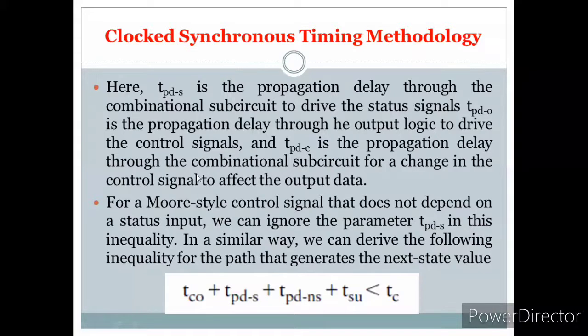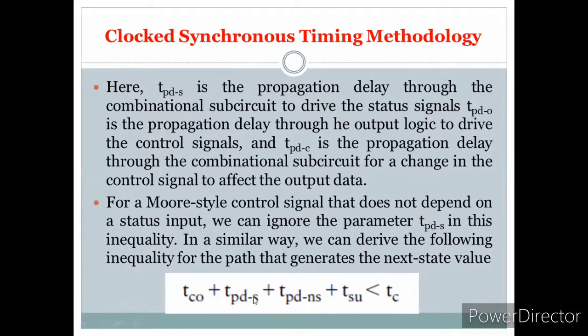For a Moore-style control signal that does not depend on the status input, we can ignore that parameter. As we already know, Moore outputs don't depend upon the input, so we can neglect it at this point in the design. In a similar way, we can derive the following inequality expression with the next state logic here, where we can just remove the status signal.